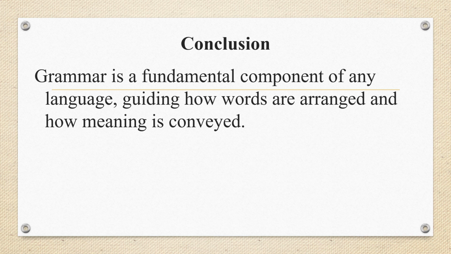To conclude, grammar is a fundamental component of any language, guiding how words are arranged and how meaning is conveyed. Different types of grammar reflect various approaches to study and understand language structure. While prescriptive grammar sets rules for correct language use, descriptive grammar documents how language is being used. Generative and transformational grammars focus on the mental processes behind language production, while functional grammar emphasizes the social functions